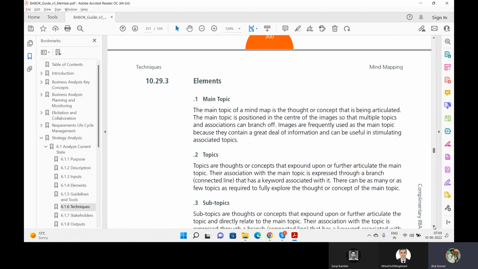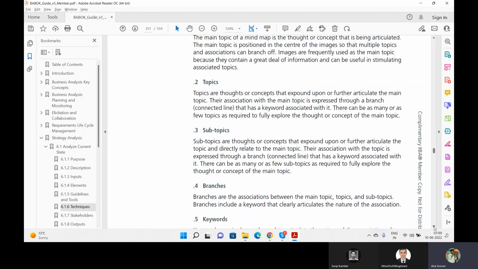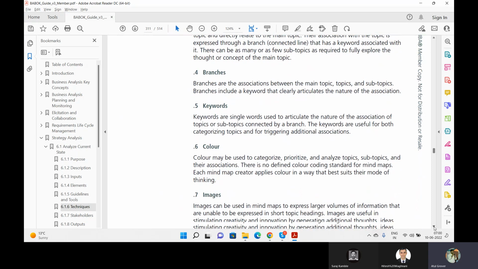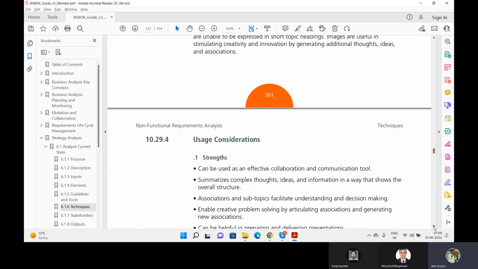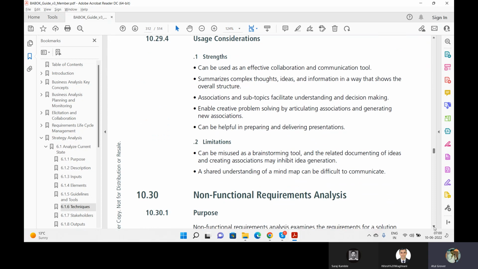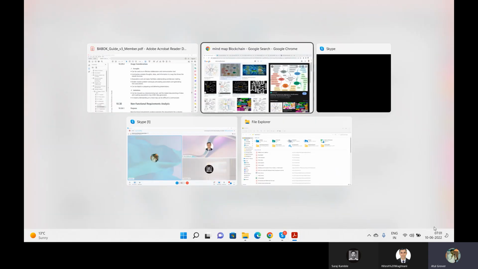इसमें और कुछ है नहीं डिस्कस करने के लिए मेरे पास. उसमें main topic होगा, subtopics होंगे, topics होंगे, but the problem is that branches, keywords, colors, it's up to you how you want to differentiate. इतना भी कलरफुल मत करो कि वो ड्राइंग लगने लग जाए, बजाय कि समवन पेजर के. It is good, a quick picture summary होता है, but it is bad. You cannot put a lot of things in the mind map, otherwise your page or your image will become so clumsy. If I show you something like this,